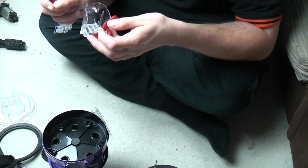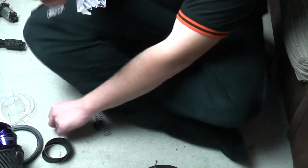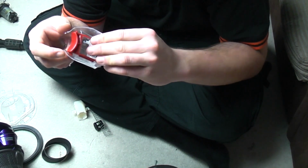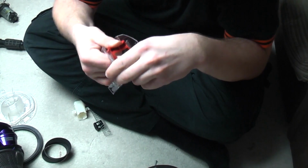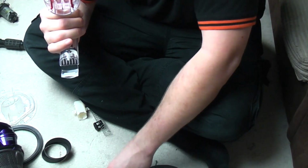How many of these have I done in the past? You'd think I'd know by now, because I don't normally do them on camera. That's why I knew I'd mess up somewhere. We've only just started on the cyclone. This is boding well, isn't it? Why do you keep doing that, spring? Let's see if we can...